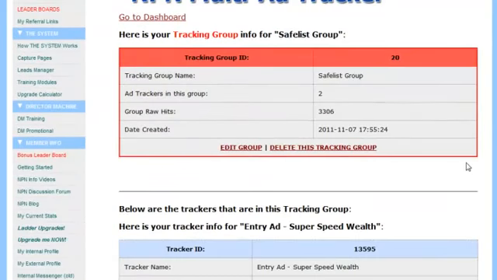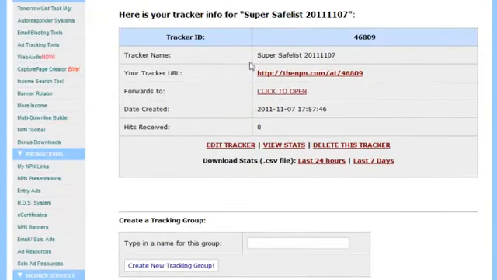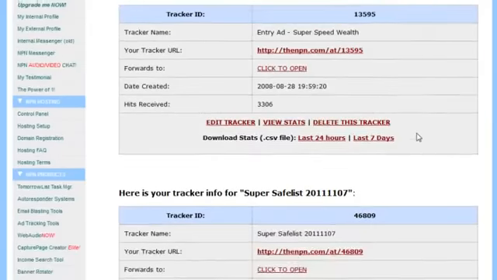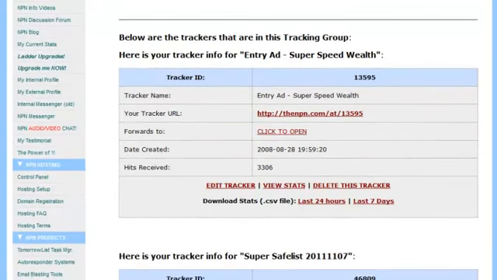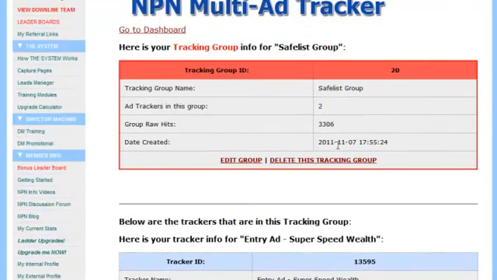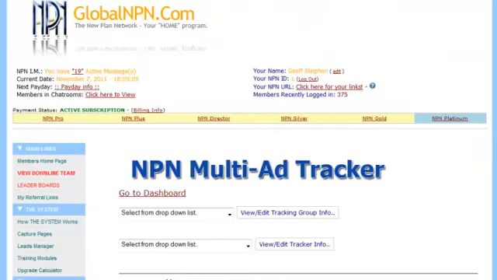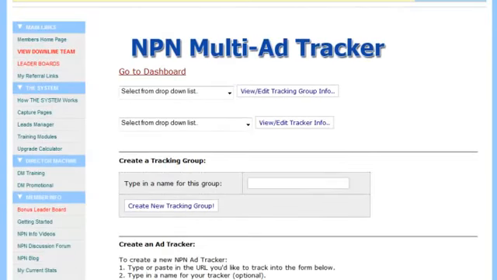Now I'm just going to go back here and delete this tracking group. And just so you know, when you delete a tracking group, it does not delete all the trackers inside of it. What it does is it takes all the trackers inside of it and moves them back to the no tracking group area. Okay, so they'll be listed in your drop-down list without being in a tracking group. So that's the tracking group information. We're going to go back to the dashboard,